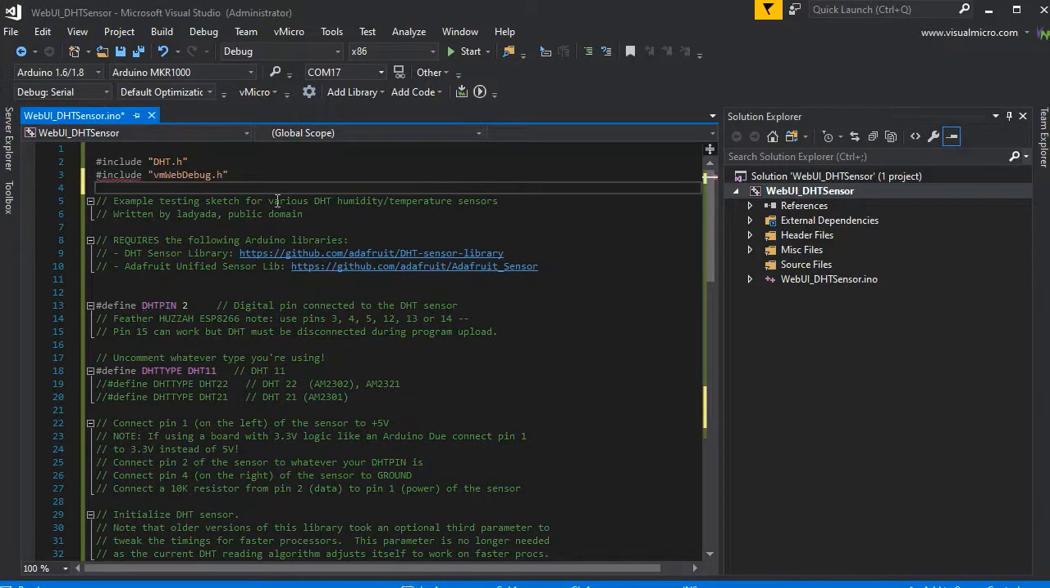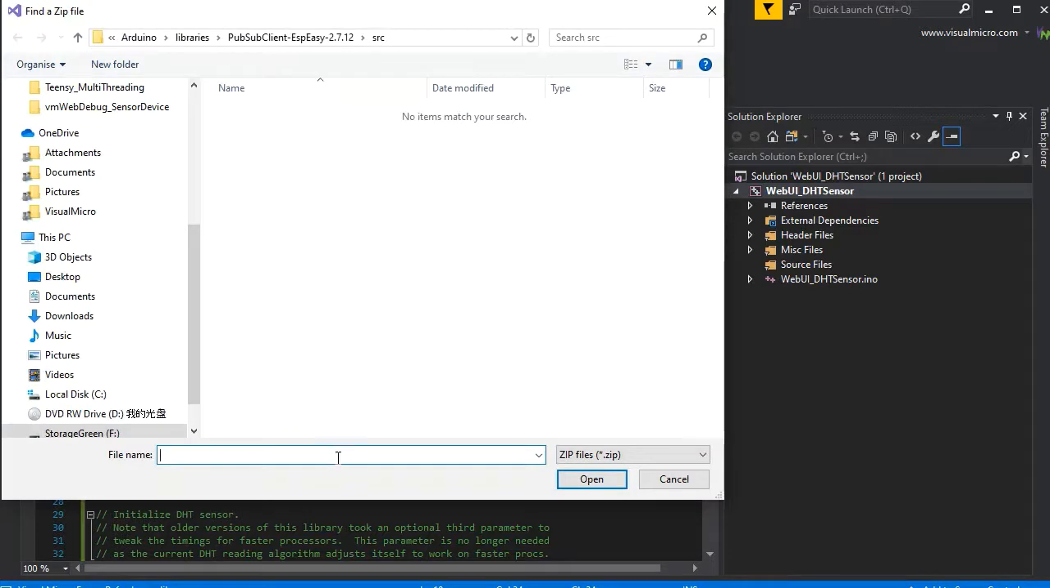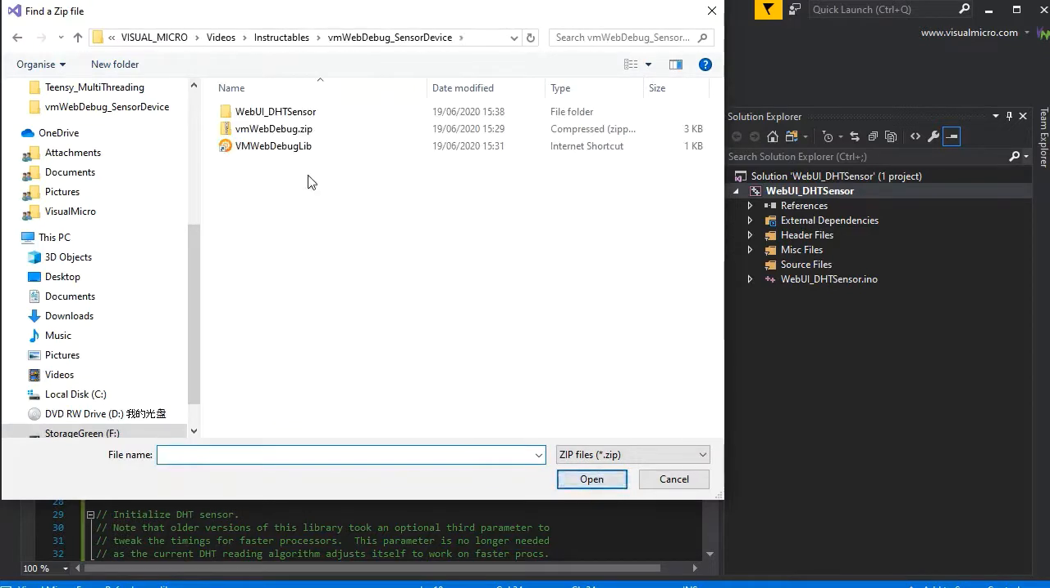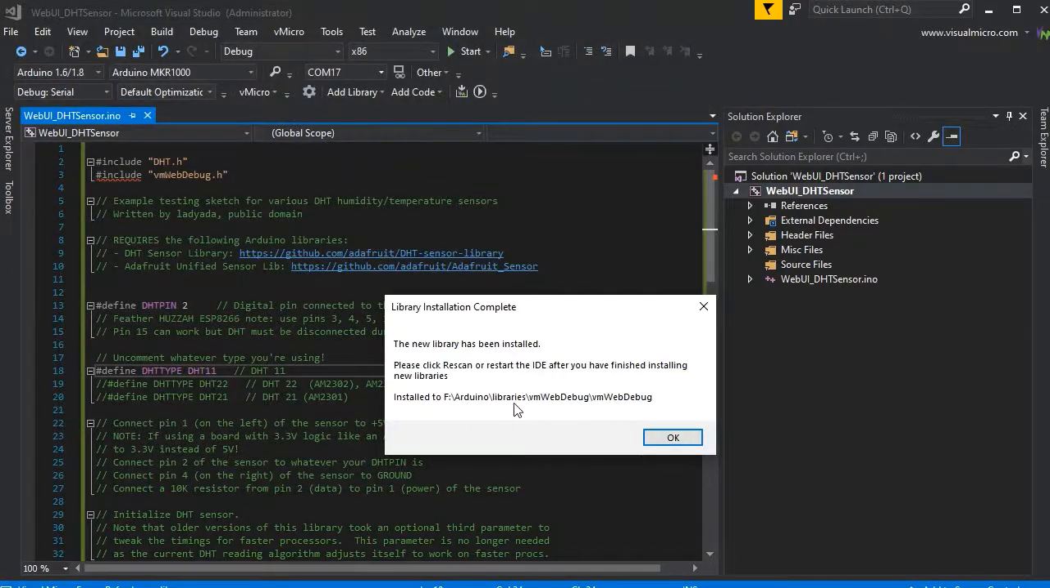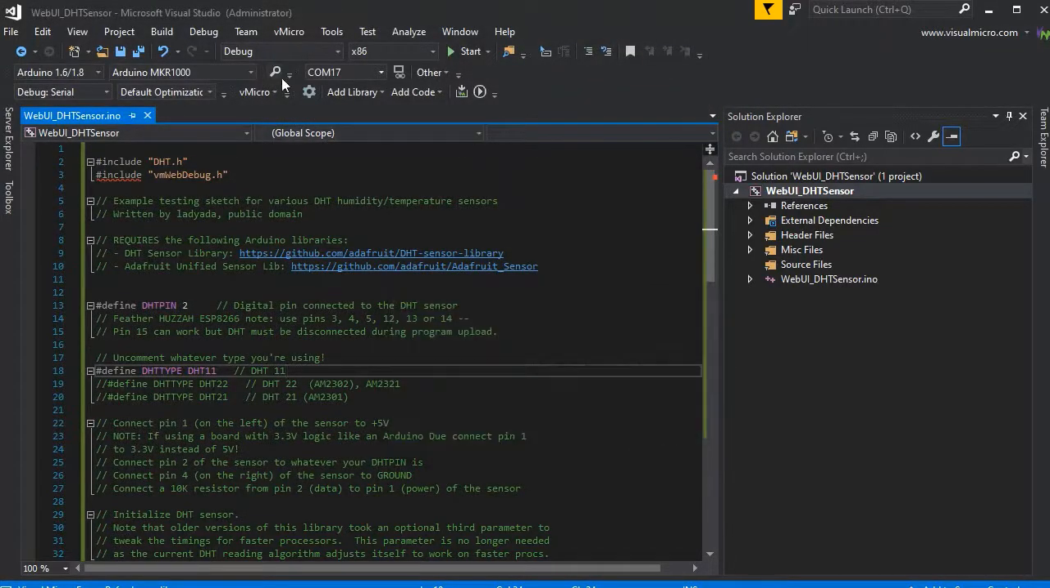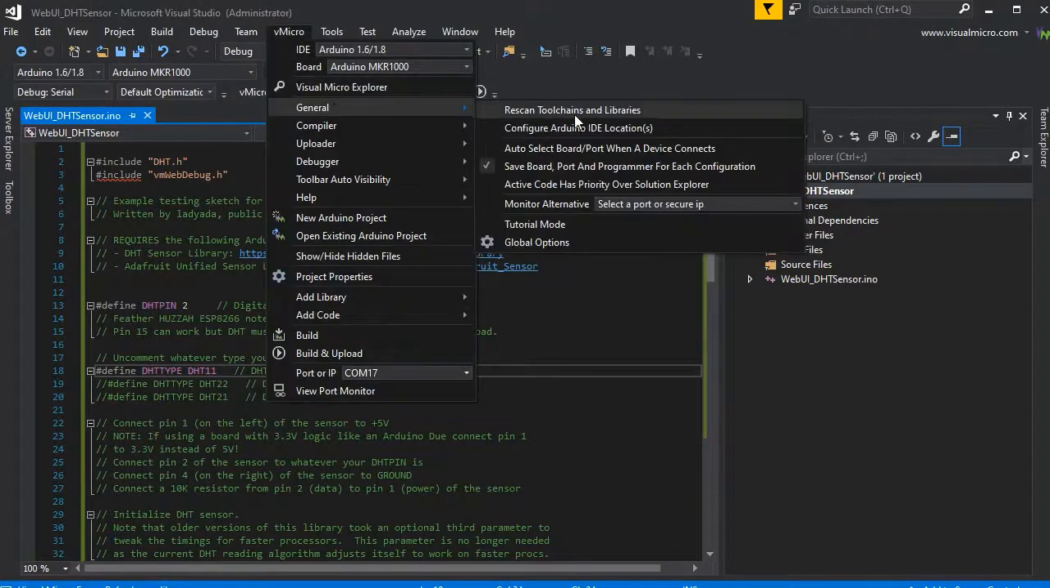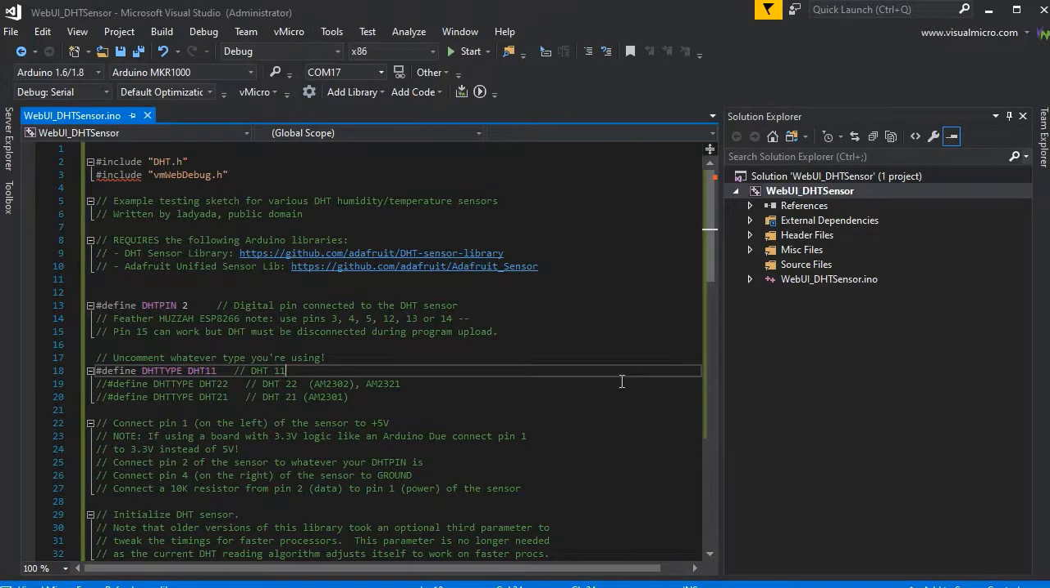So first we're going to want to include the vmwebdebug.h file, but at present we haven't installed the library. So there's a link in the description to where you can download this zip file. So we'll now install that zip as we downloaded it earlier. If you just select where you downloaded it from, or to, sorry, and there we go. So we just have to go and rescan toolchains and libraries, so it picks that up, and our IntelliSense error